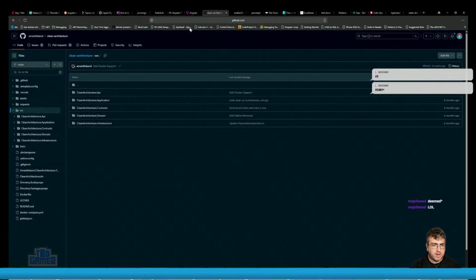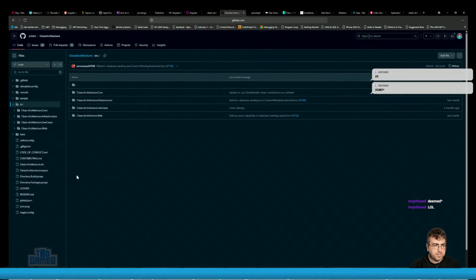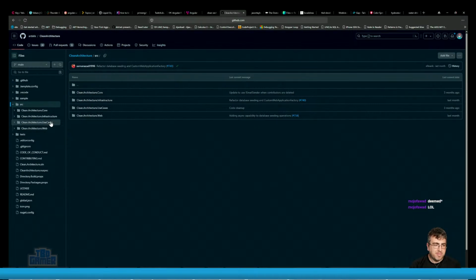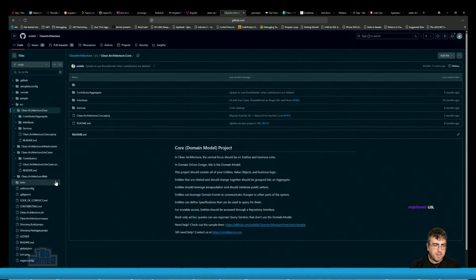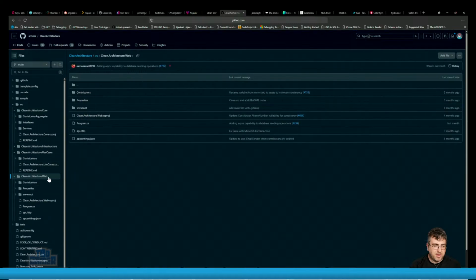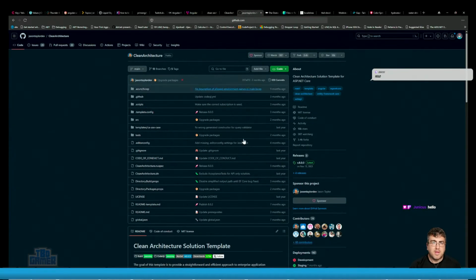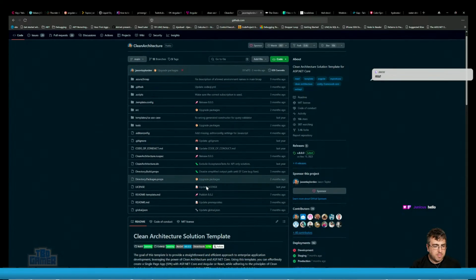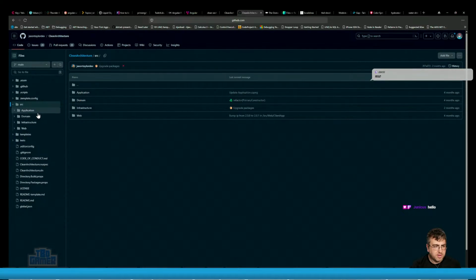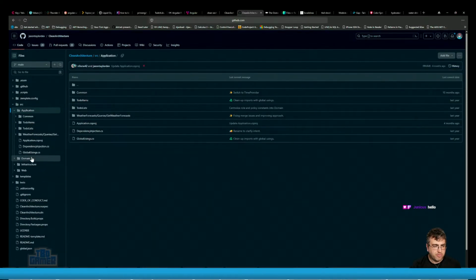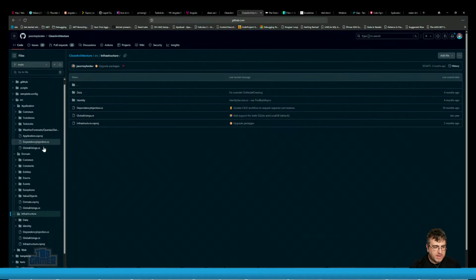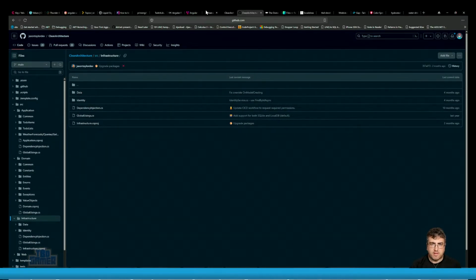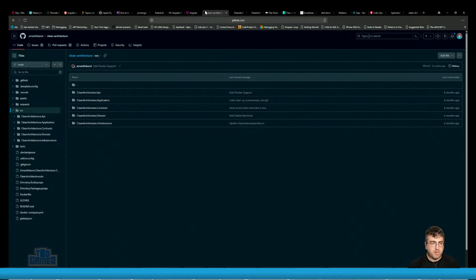API, application, contracts, domain, infrastructure. Core, infrastructure, use cases, web, right? Use cases is application, core is domain, right? And then Jason Taylor: application, domain, infrastructure, web. So the structuring of them is very different. And again, some of these are a little easier to visualize that distributed nature. Some of them not very easy because they don't worry about distribution. They're worried about the